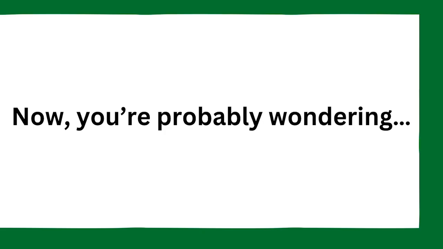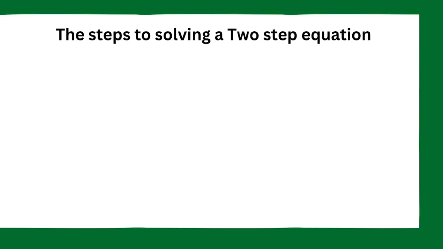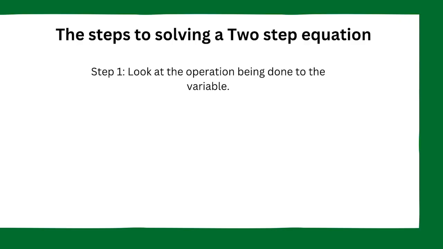So you're probably wondering the steps to solving a two-step equation. Now, it's very simple and it's actually easier than you think. It's just one more step than a one-step equation. And I have a video on that if you would like to check it out on how to solve a one-step equation. Now, going back to the steps, the very first step would be to look at the operation being done to the variable. So whether it's addition, subtraction, multiplication, or division, just make sure you can identify that type